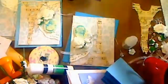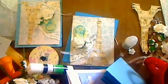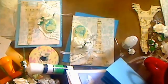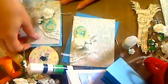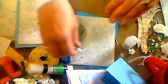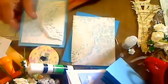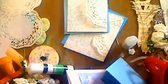Okay, I'm just going to set this over there to dry. Got it all stickled up. Let's see how it looks, and then I'll do everything else on the card. Because I gotta figure out how to get this stuff to stick as well. Alright, so first things first, I suppose, since everything is glued to this,